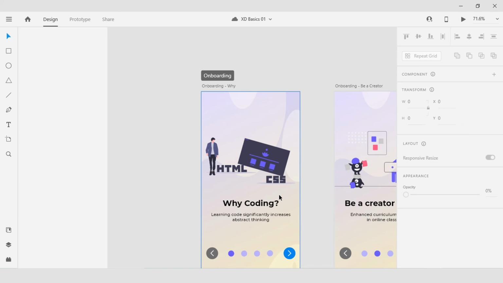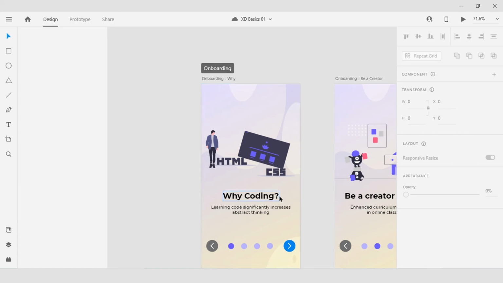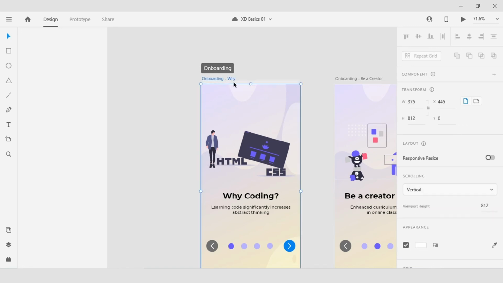One of my favorite shortcuts in XD is using command on Mac or control on Windows and then number 3 to resize a selected amount of content to fill the screen. To do so, I am going to click on the dots there on the upper left hand corner. That allows me to select that current artboard.